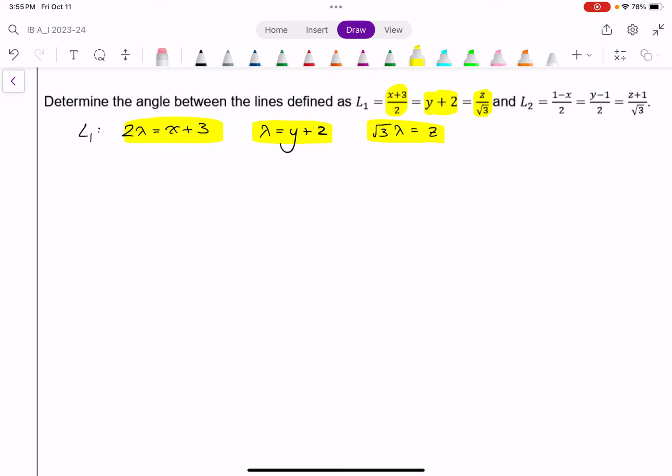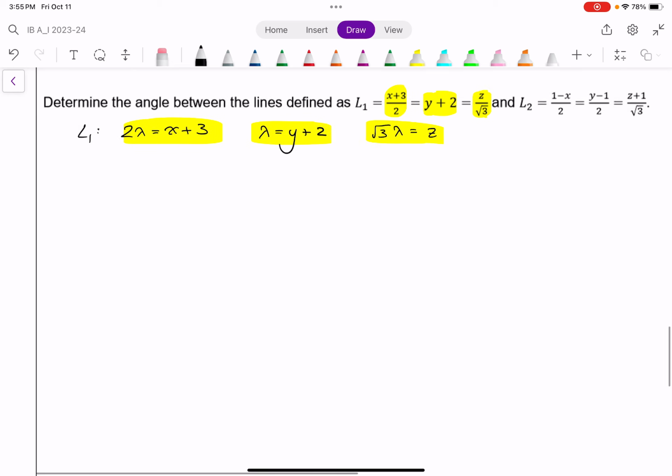Well, if I write these in terms of just x or y or z, then I get x must have been -3 plus 2 lambda. Y equals lambda minus 2. Actually, I'm just going to write it as minus 2 plus lambda. And the other one I can just say